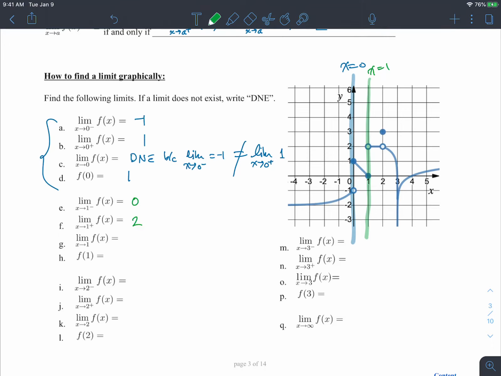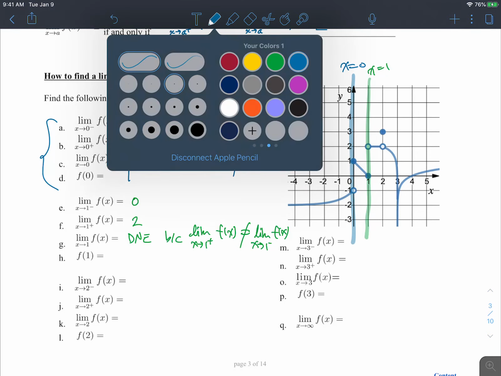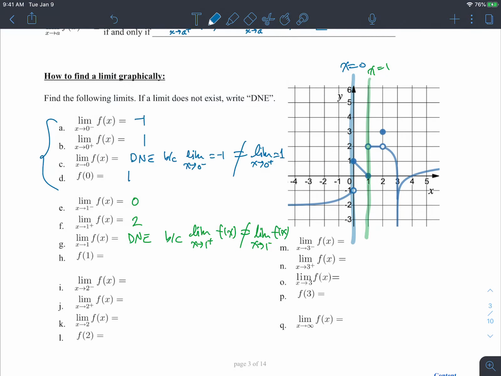Because the two values from the left and the right are different, the limit does not exist, DNE. Get in the habit of saying it's because the limit as x goes from the right of f of x is different from the limit coming from the left. You don't really have to write down the